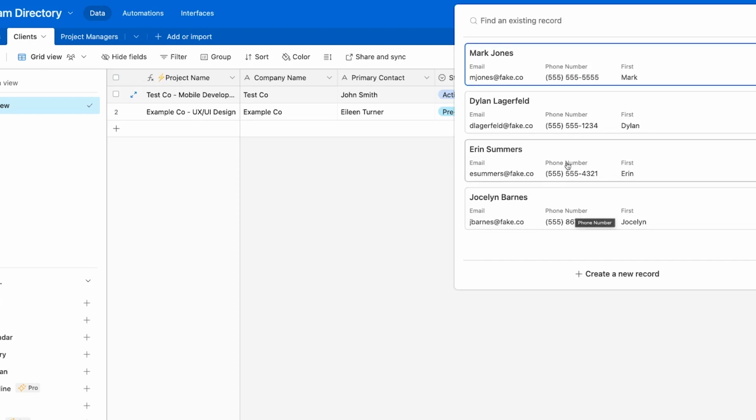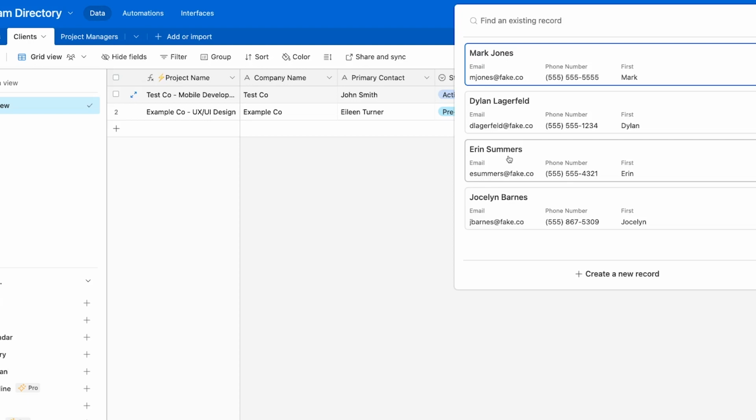Note that the drop-down menu displays each record using the primary field as the label. This is why we like to use a formula to populate the primary field. We can ensure that the naming conventions are consistent, making it easy to find the record we need when we're creating linked records. We can also quickly update those naming conventions by simply editing the formula instead of renaming every